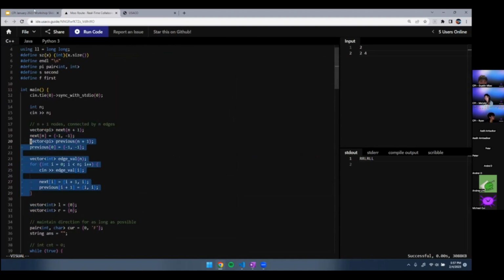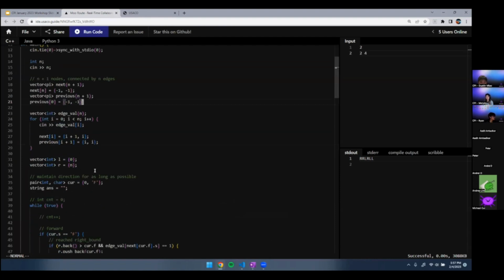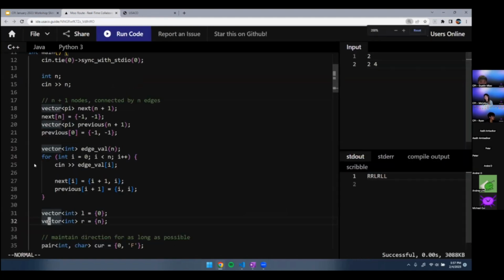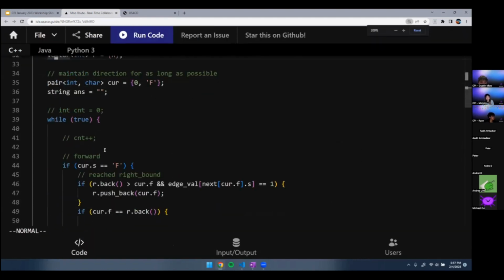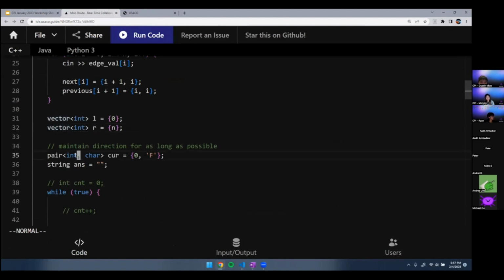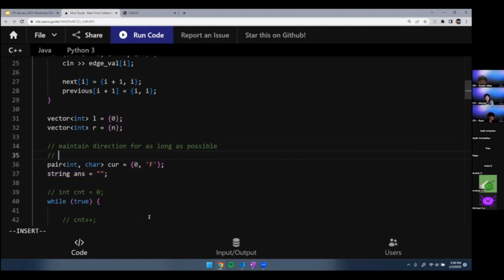Basically, instead of just storing the values in an array, we're gonna visualize it as the number line instead, and just have the values of the next and then the previous. It's gonna be a left bound and a right bound. Let me zoom in a little bit. And then we're going to have a current position, and it's going to store the position and our direction,